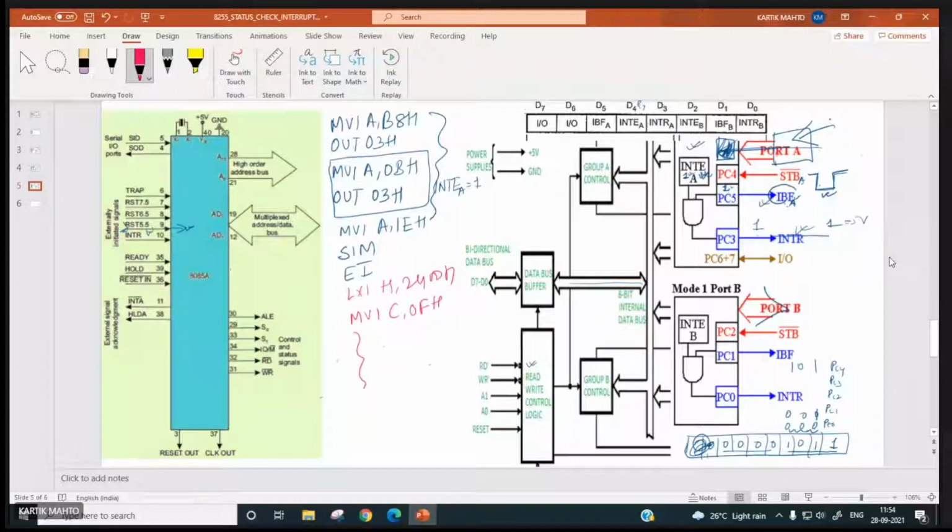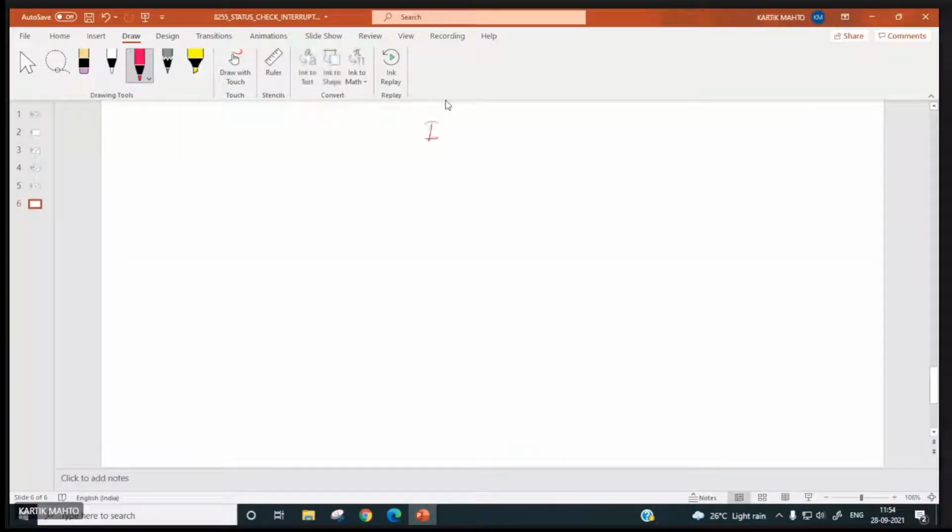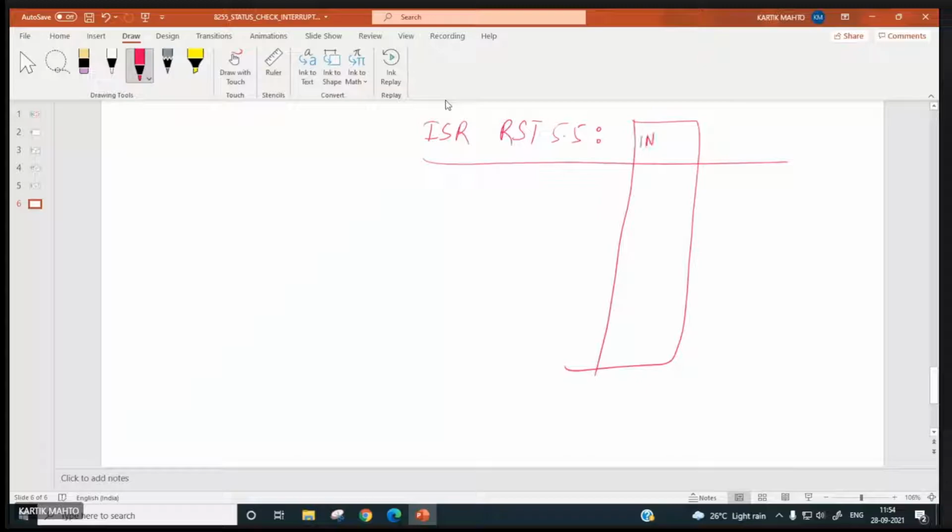Now ISR of this RST 5.5. What will be the first instruction? It will be IN 00H.